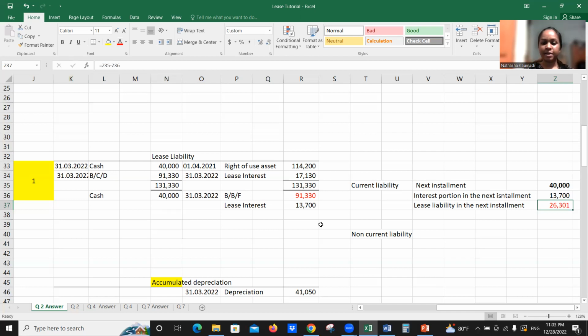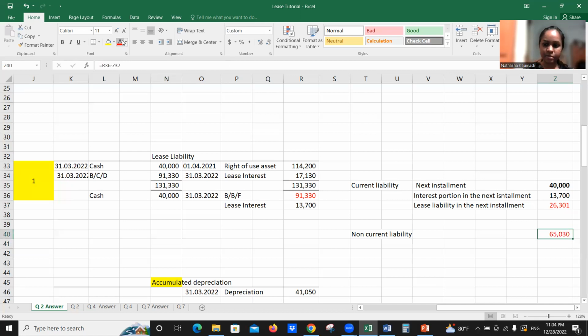Okay, it is very easy. How much is the total liability? Total liability, you have to pay 91,330 after 1 year. 26,301 all are already given over. එහෙනම් balance part එක කීයද? 91,330 minus 26,301. So the balance part, non-current liability, අවුරුද්දකට පස්සේ ගෙවන ගාන